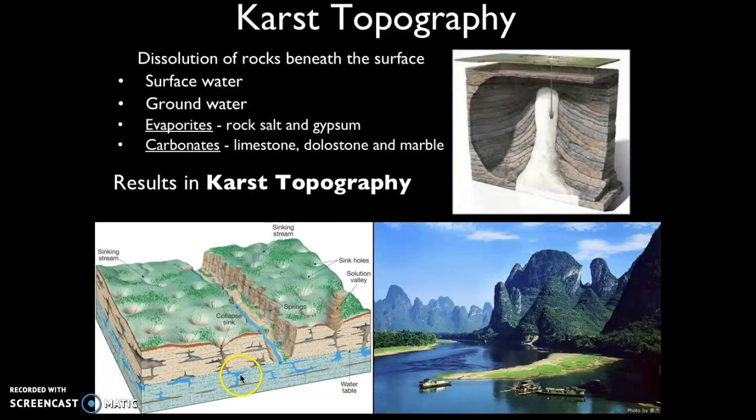So it affects, for the most part, rocks like carbonates. So in the realm of carbonates, you're going to have things made out of calcium carbonate. So there's going to be limestones, dolostones, or marbles, which again, marble is going to